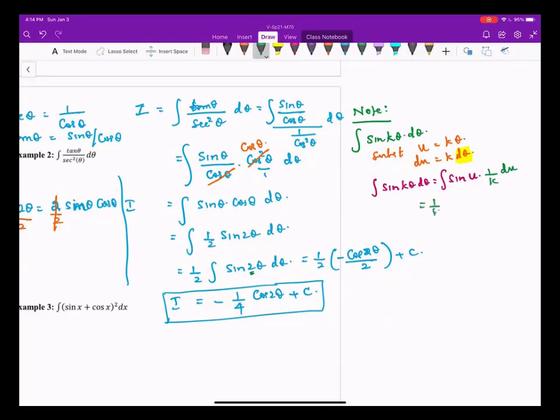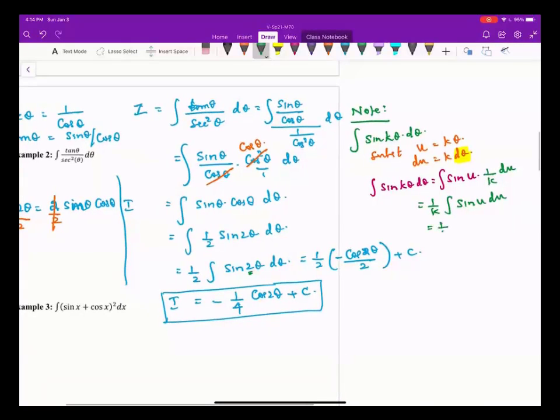So it is 1 over k integral sine u du. So it is 1 over k times negative cosine u plus c. That is, if you replace u with k theta, negative cosine of k theta